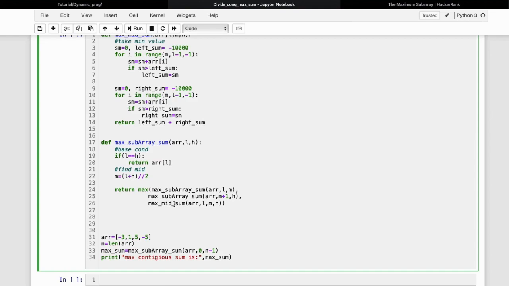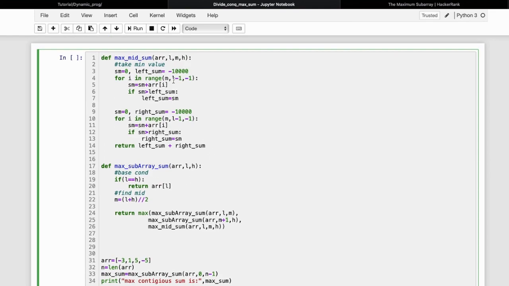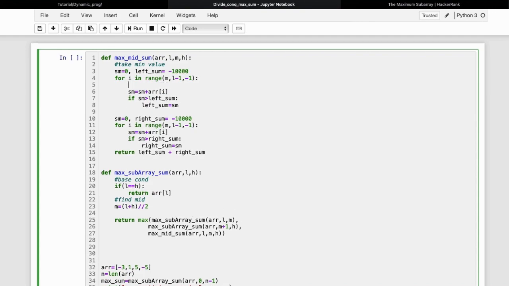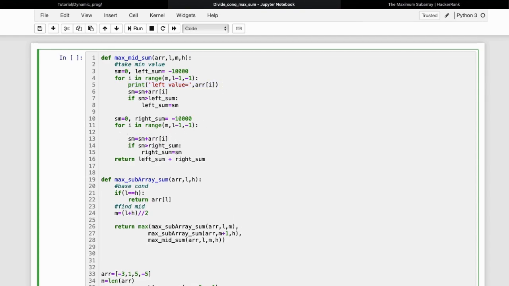So let me print a few values to check whether the code is working fine or not. For each value we will simply print the left value, left value equal to, comma, array of I. Similarly we will print the right value, just for our checking.